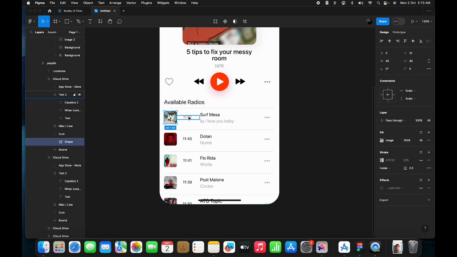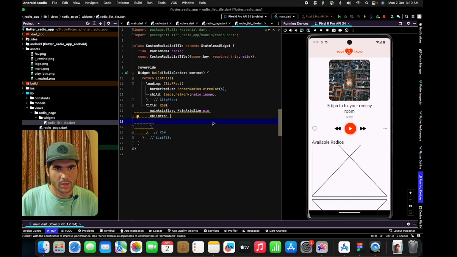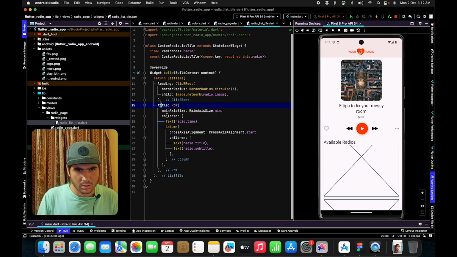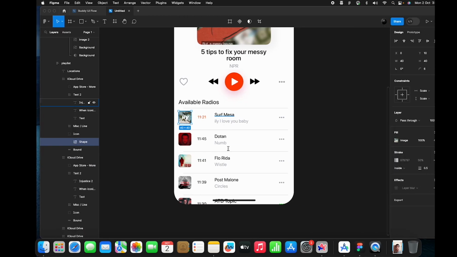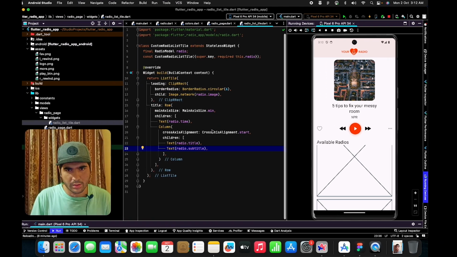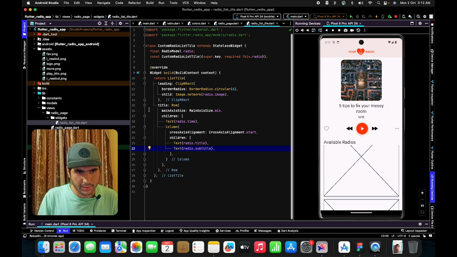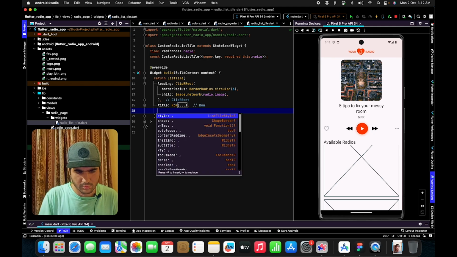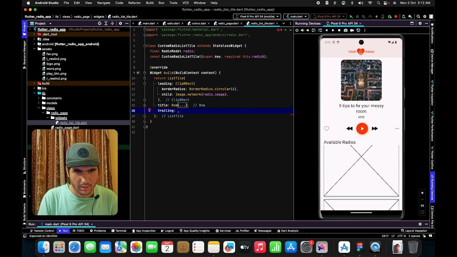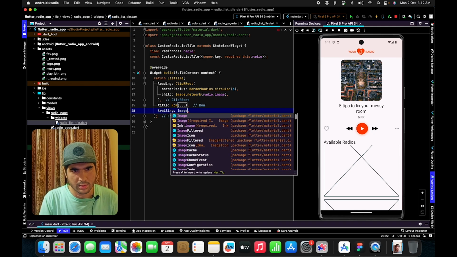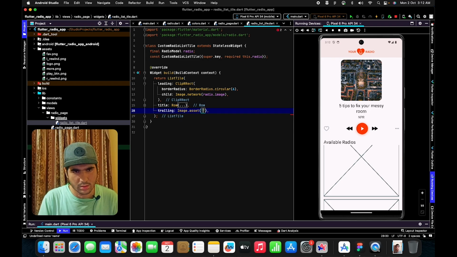We'll have this. So okay, after this row, we have our title, subtitle here, and we'll need a trailing. And here let's create image.asset,